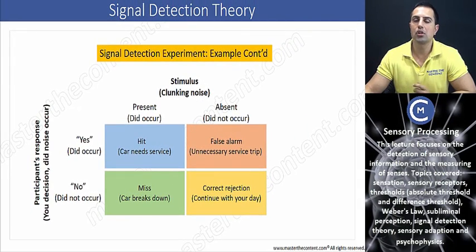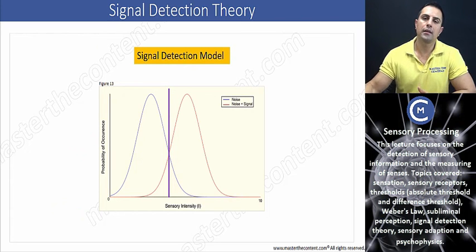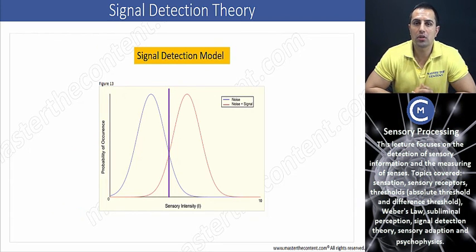Next, let's shift our attention towards graphical interpretation of signal detection theory. And we'll begin by examining probability of occurrence curves. If we take a look